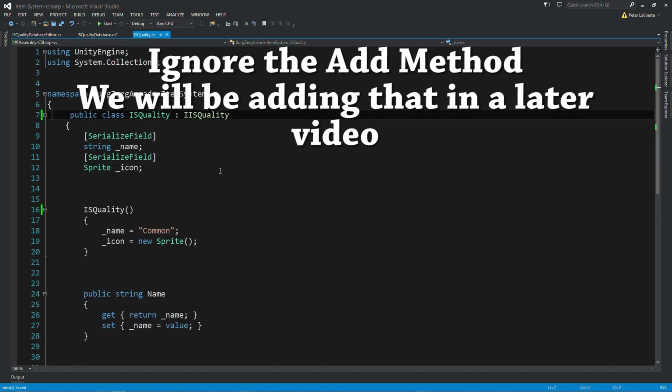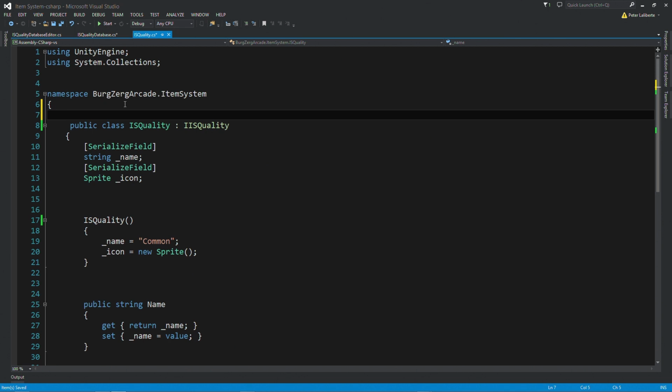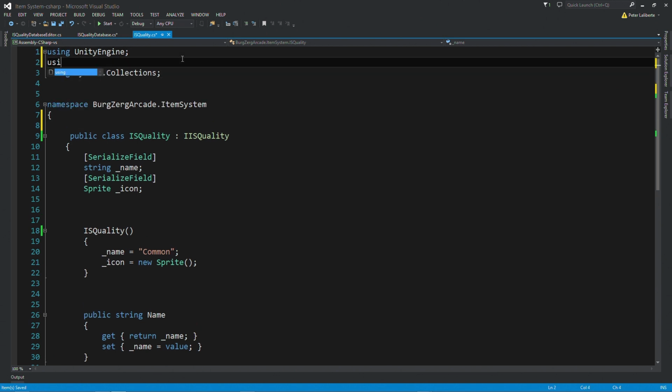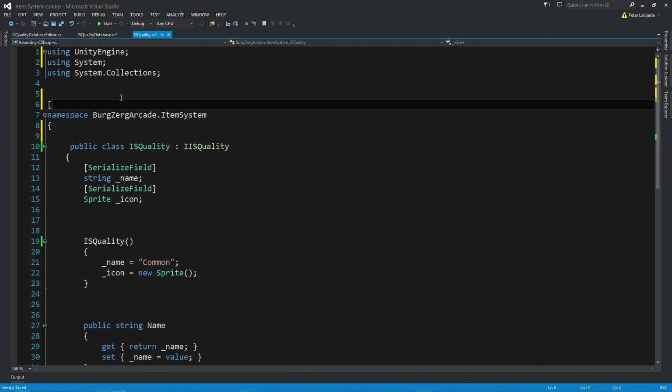Oh, did we forget to set this to be serializable? We did. We have to come into this class here, and we have to make this class serializable. That just means that it will show up on the side. There's a couple ways we can do it. We can come down here and use system. We can include that. I don't like including system, but if we did, we can come down here and just say this is now,